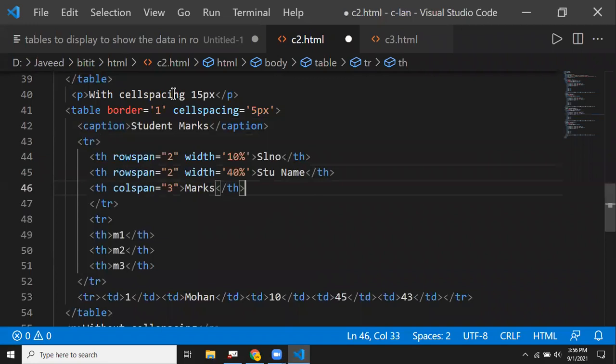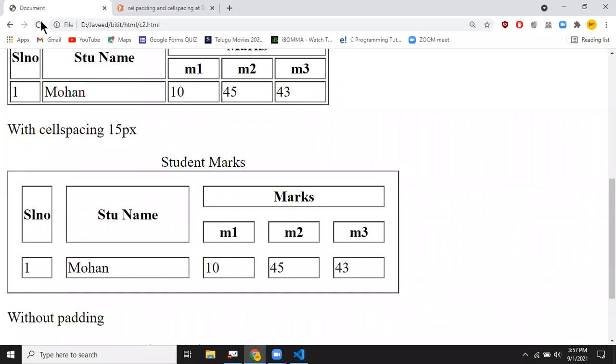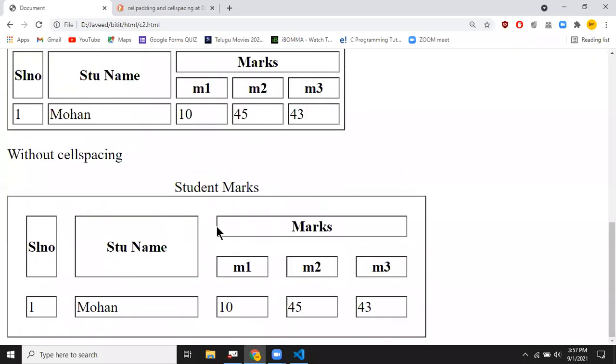Px stands for pixels. Now in this one, I'll make cell spacing equal to 20px. So you can see both have a different spacing. The distance between one cell and another is less here because we gave less spacing, and here it is more because we gave more spacing.